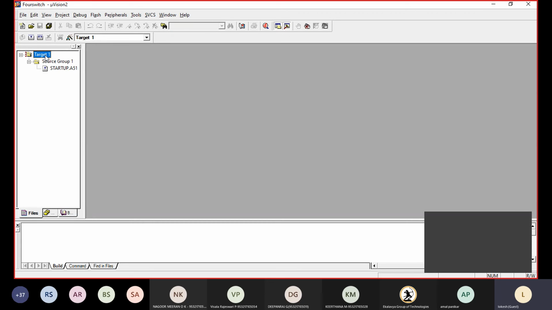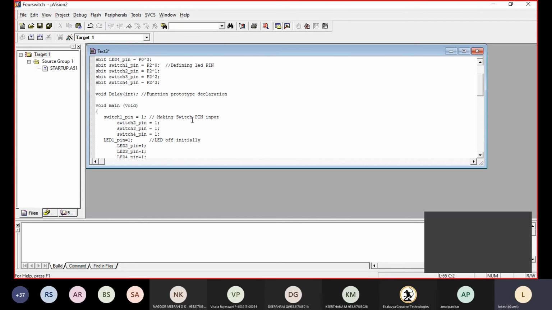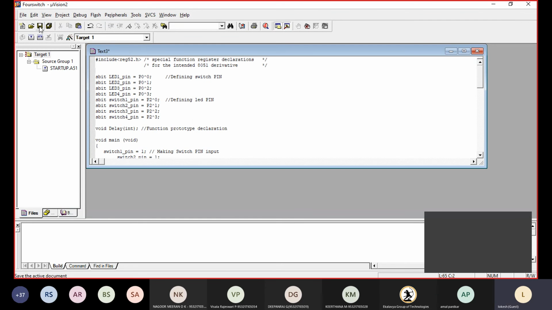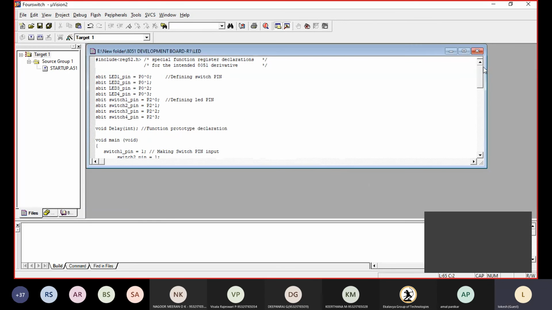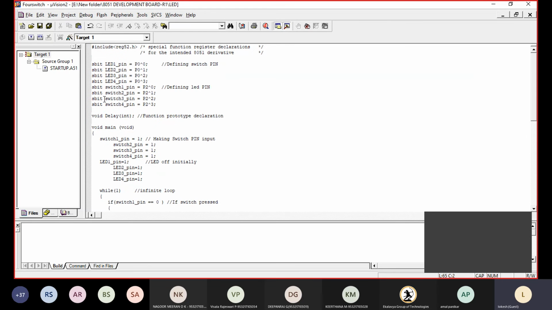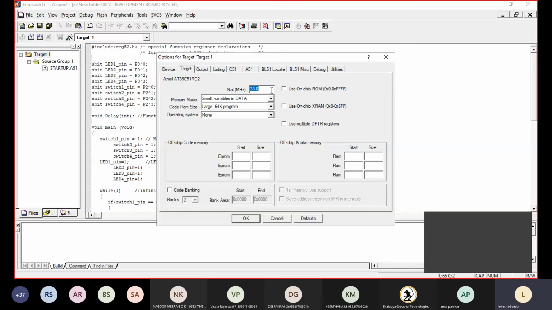So now go to file, new, paste here. So this is a file. Save that one. I will save it as LED. Next, go to the target, options for the target.